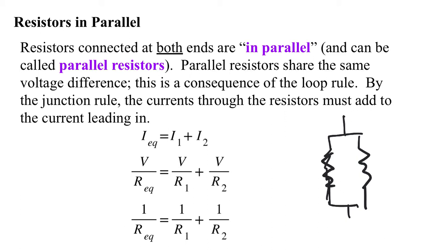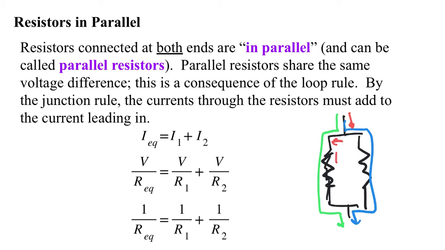Also, because any path we take, we know that the voltage is path independent. So if I go this way, or if I go this way, I have to have the same voltage drop because it's path independent, which means that they must have the same voltage drop across themselves. All right. Of course, by the junction rule, the inbound current has to split into, let's say,